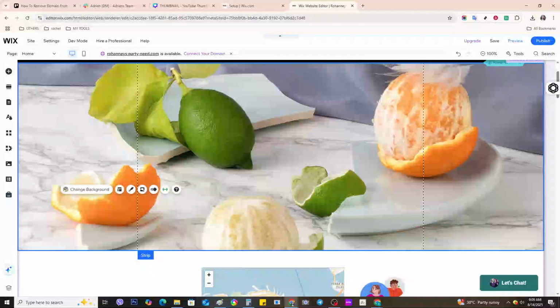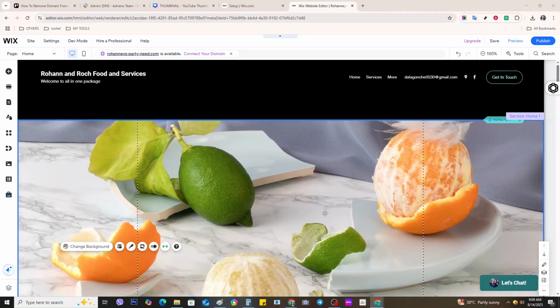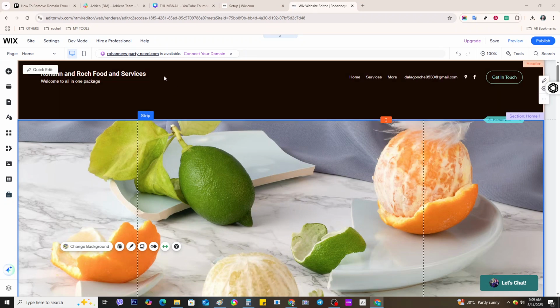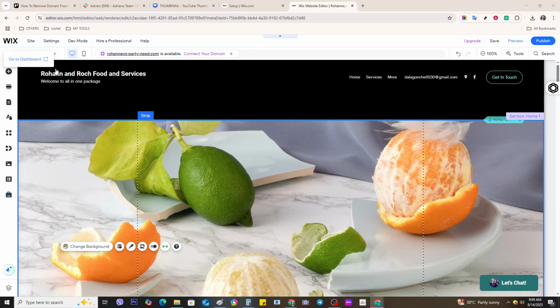In today's video, I'm going to teach you how to remove a domain from your Wix account. This can be particularly handy if you're looking to manage your online presence more effectively or simply declutter your domain management dashboard. So, without further ado, let's dive right in and walk through the steps to get this done smoothly